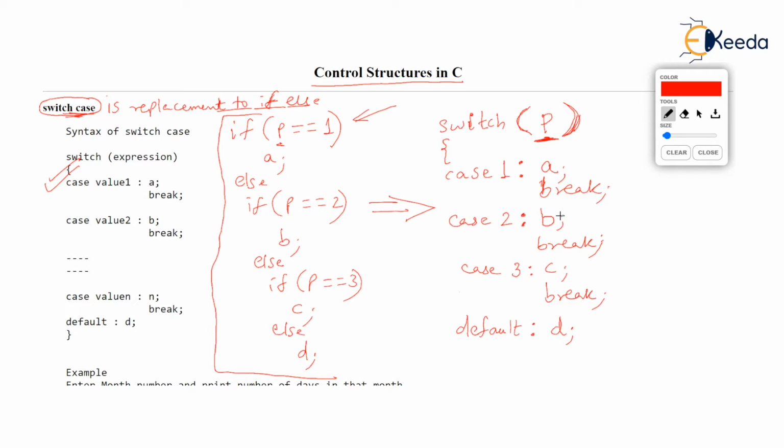And after that, break is optional. You may or may not give break. It doesn't matter because default is anyway the last case. So I'm not giving break after D, and here ends the switch. Now what if I say that the switch written on the right here is absolutely equivalent to the if statement? It's absolutely equal. Let's see how it runs.